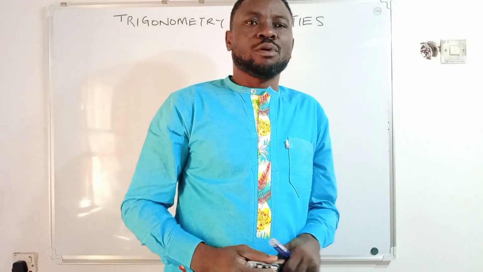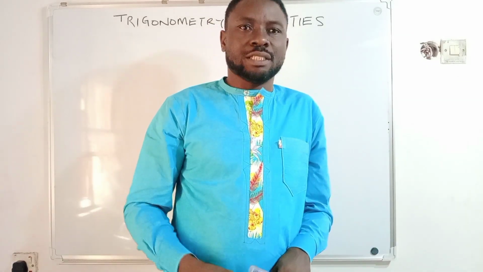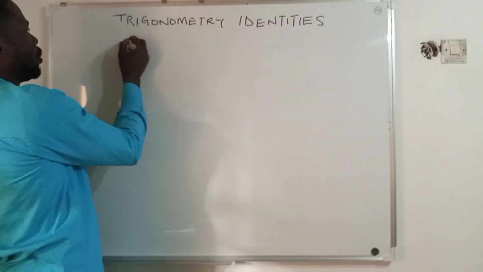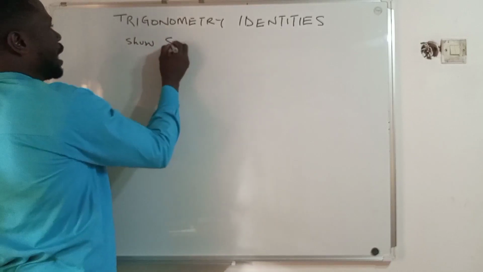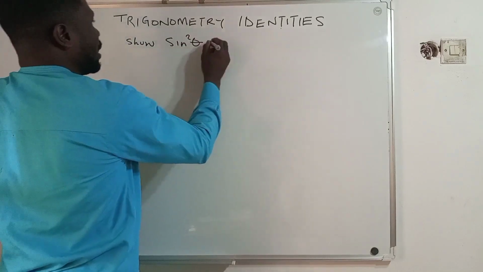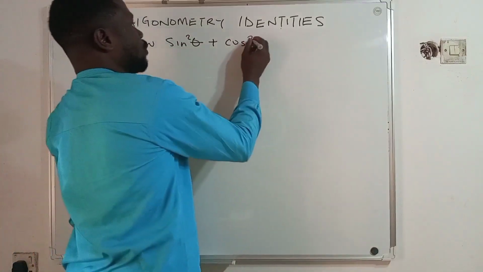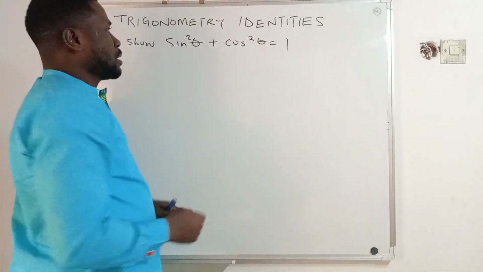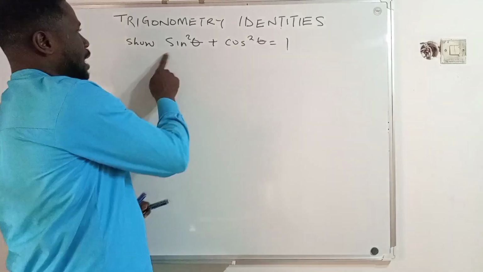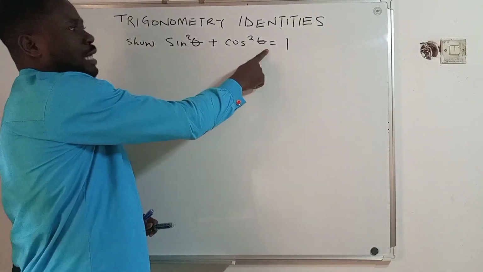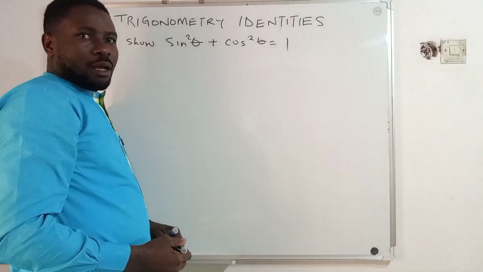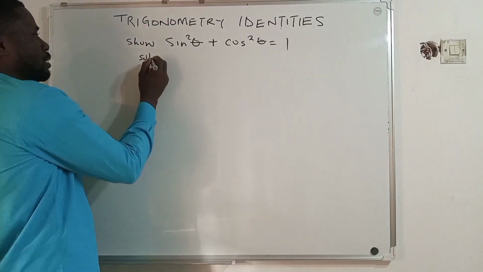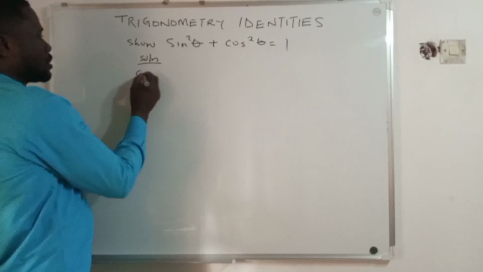Let's take an example of a trigonometric identity. Supposing you're asked to show that sine squared theta plus cos squared theta is equal to 1. The question is, prove or show that sine squared theta plus cos squared theta is equal to 1. How do you handle this? First, I will say solution. Consider